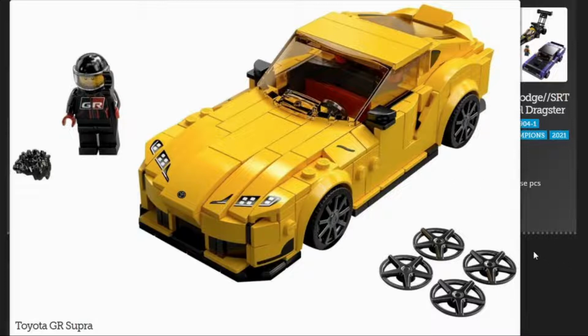And you know what? To a degree, you can't escape that because it is Lego. They're not going to make a custom piece for the hood to get the Supra exactly correct. They do want to find a balance between introducing new pieces and also using the existing inventory of parts that are available. So I think we can meet Lego in the middle here with the model they're putting out. The segmented stickers really is the biggest letdown for the car, but on the flip side, in 8 wide,